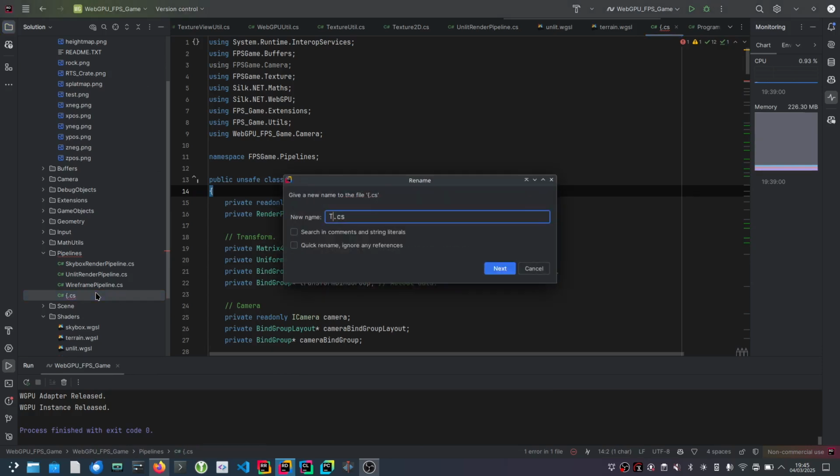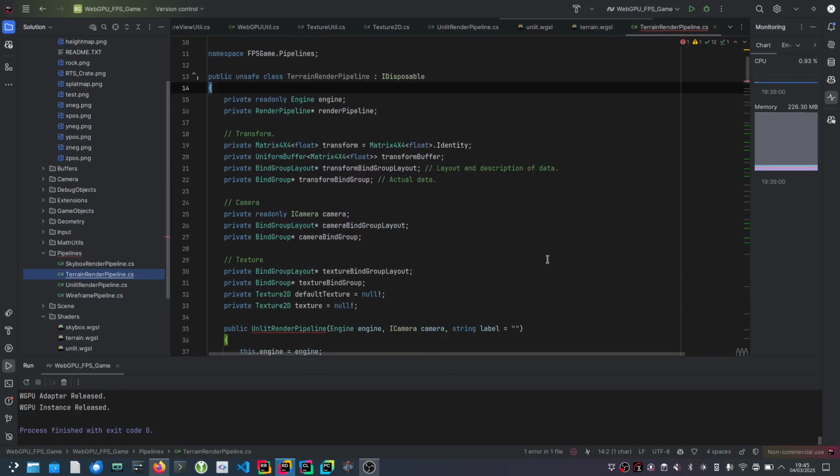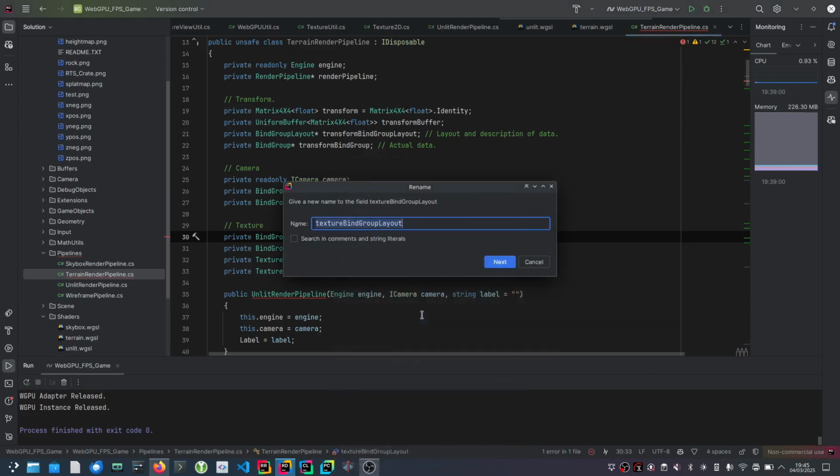Here we go. Terrain render pipeline. Good. So we need to change a couple of things, which is mainly just dealing with the textures. So we call this texture bind group. I'm going to call it fragment. So we're just going to rename it